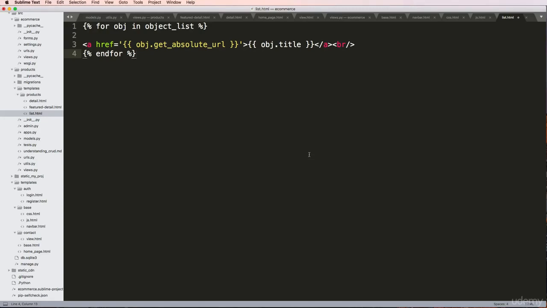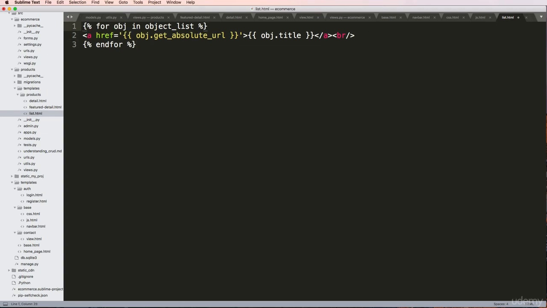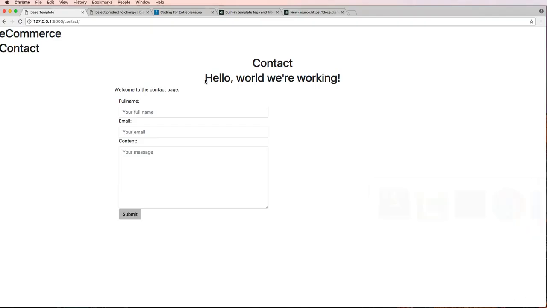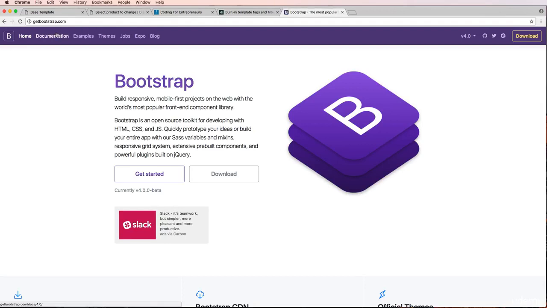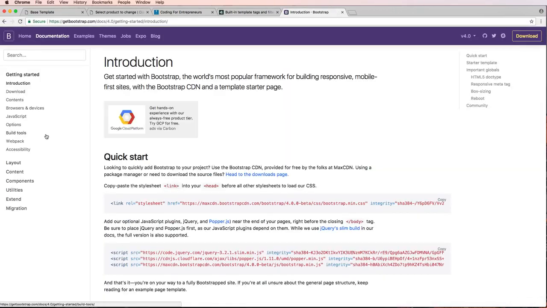Okay, so now it's time to get into more practical use cases of include. We showed you a few actually very practical ones, but this one is even more practical. And that is actually turning our object items, when we put them in a list, into a card or a featured item. So just really quickly looking at getbootstrap.com, what we're doing here is we're going to actually be implementing